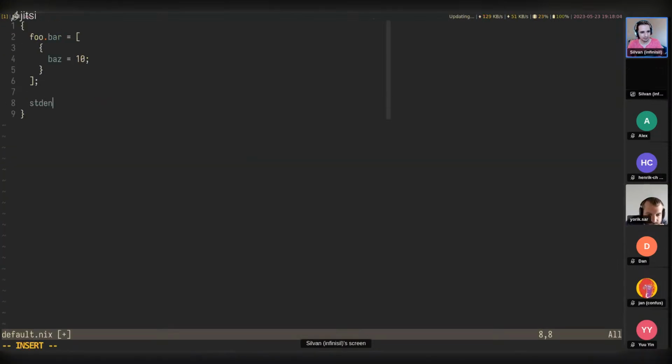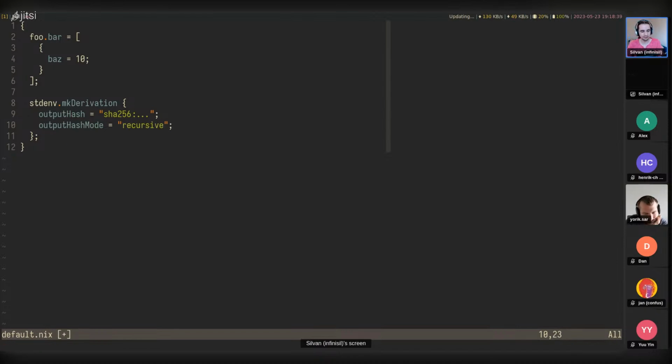So it would be mkDerivation and then outputHash. I think it's just like this, and then we'd have the hash here. sha256. There are various hash formats as well. I'm going to use this one right here. I guess if you do this, you don't need to say the algorithm. I believe there's an output hash mode though. I believe that should be flat. The two different modes are flat and recursive, I believe.